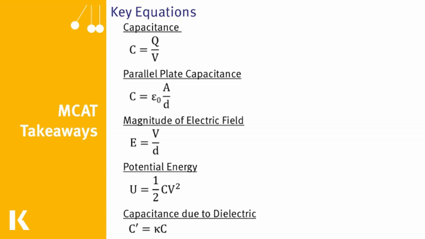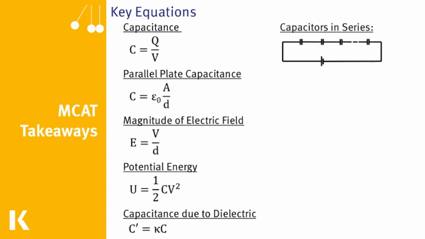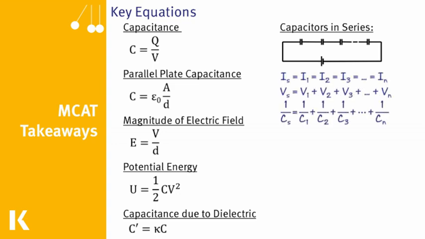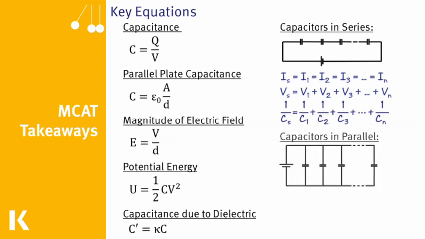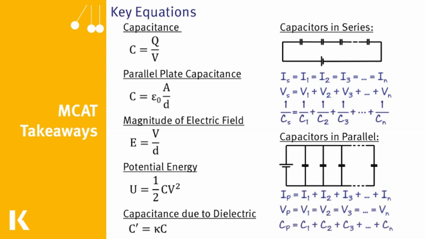We finished up with a rather in-depth exploration of capacitors in series and parallel arrangements, so let's just review the most important relationships now. For capacitors oriented in series, current is the same everywhere. Voltage is additive, and equivalent capacitance is calculated by summing up the reciprocal capacitances and then flipping. Capacitors in parallel, however, will exhibit additive currents, voltage that is the same everywhere, and equivalent capacitance that just adds up